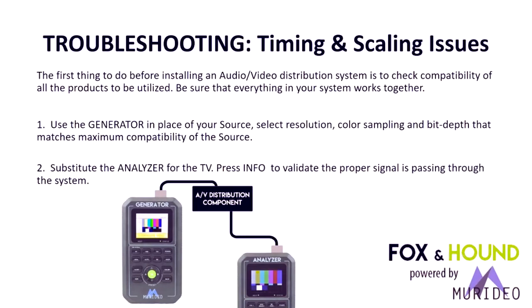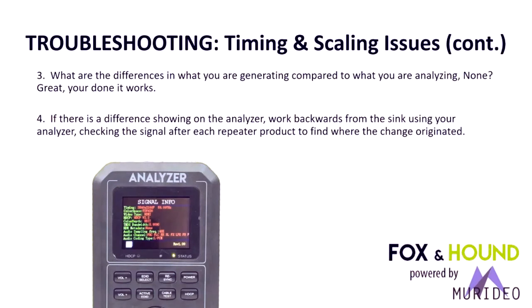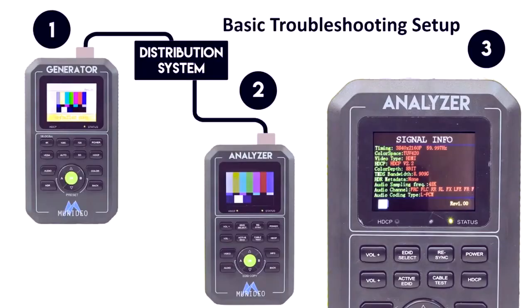At the other end, you substitute the analyzer for the TV, and you press info. Info will bring up information on the screen that shows what actual signal is making it through the system, including, as you can see on the bottom left here, the actual timing, frequency, color space, video type, HDCP version, color depth, bandwidth information, HDR metadata information, and audio information. So you get a quick snapshot of all the information on the signal,